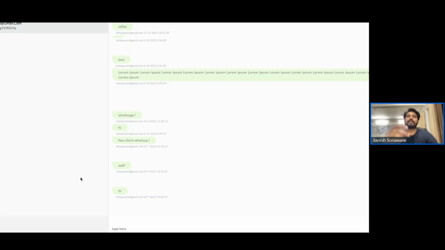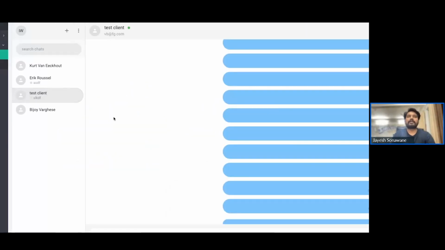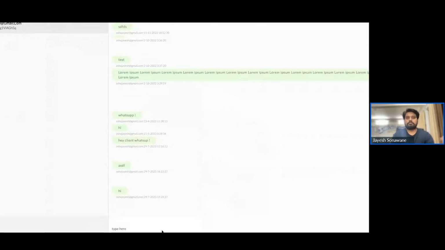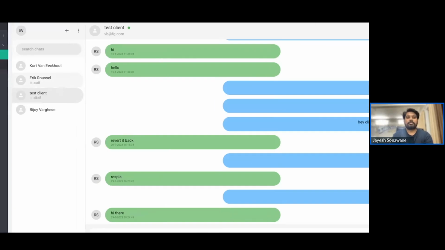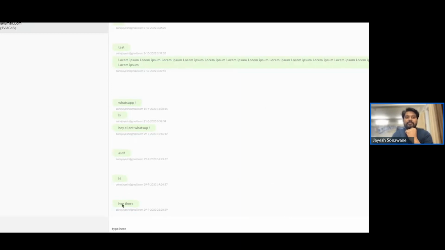Once they click on that link, it will ask them to log in, and once they log in, you will have a clear view. This is the client which I've invited. So this is the staff view or the admin view, and this is the customer view. The staff has direct access to the client who was stored inside the Zoho Creator app. So you can send a message from here, and he will receive that message on a real-time basis, and whatever he replies,